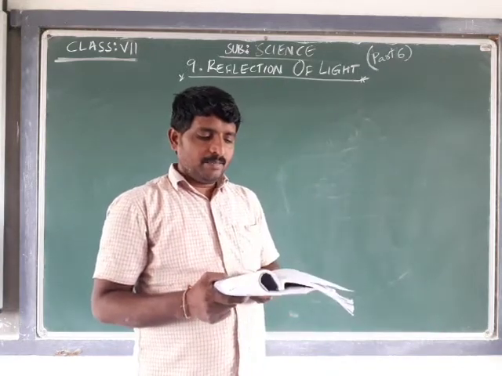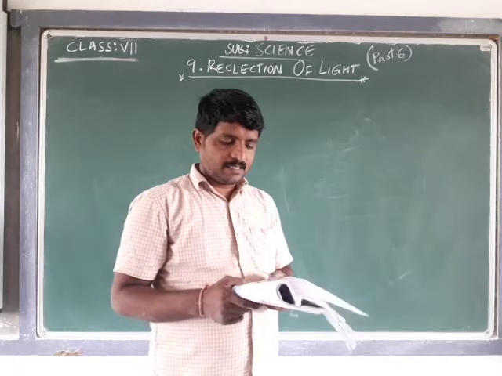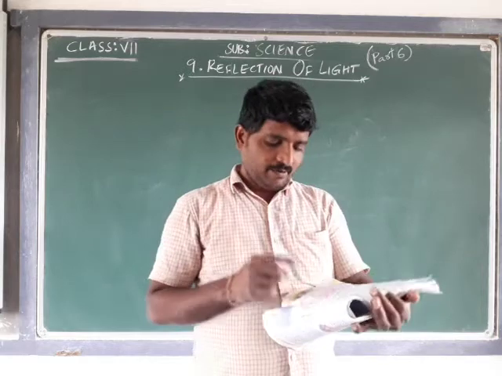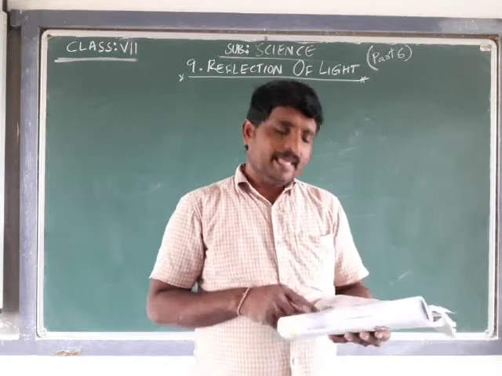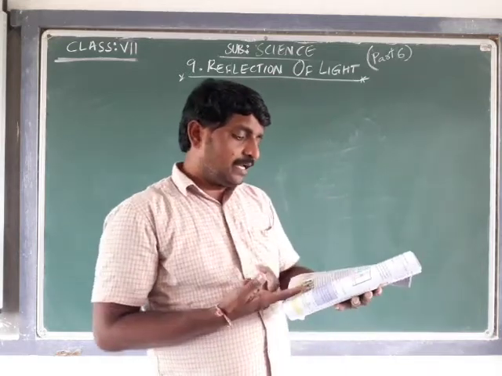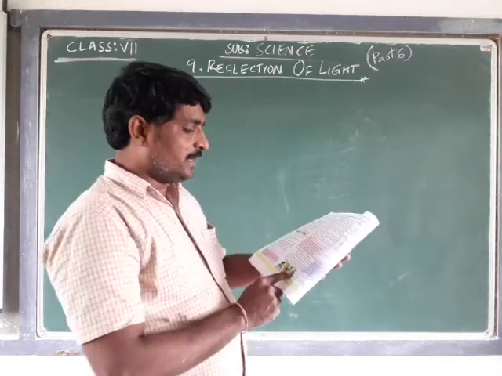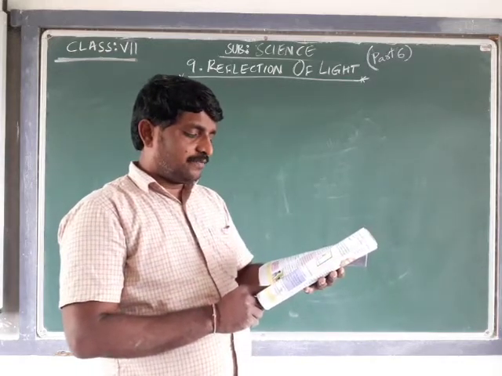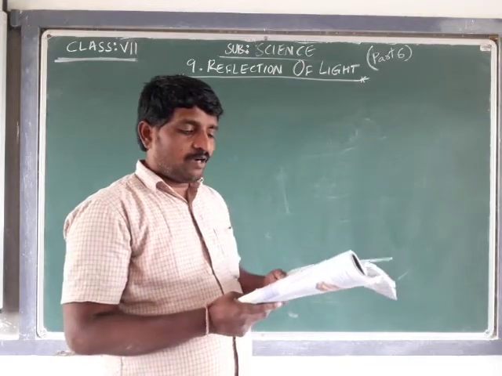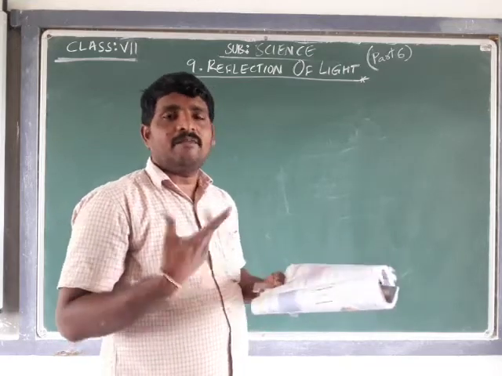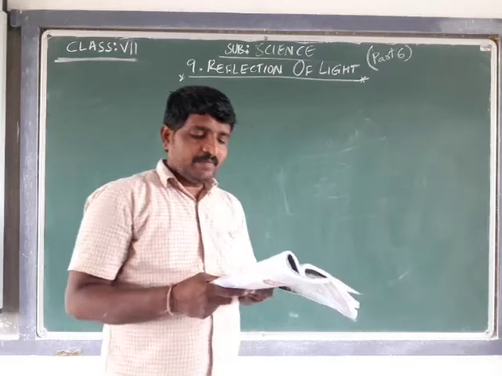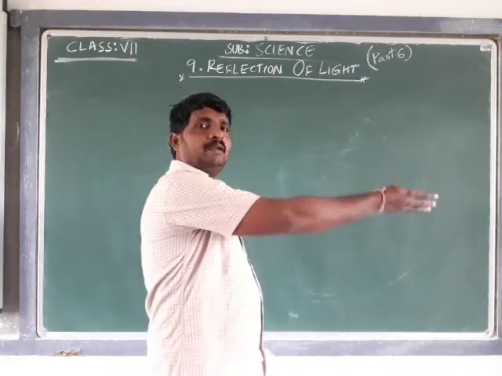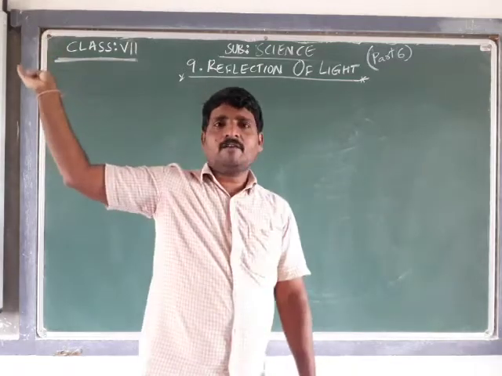Now, images of many objects. Images are many even if the object is one. If the object is one, we can have many images. You might have noticed this. Have you gone to a hair cutting salon? We have gone many times. How many mirrors does the barber generally use in the salon? Two mirrors. One mirror is in front of us, one mirror is at our back side.